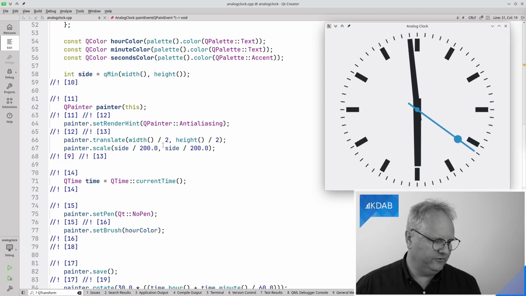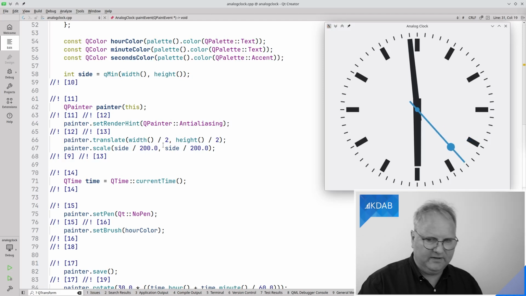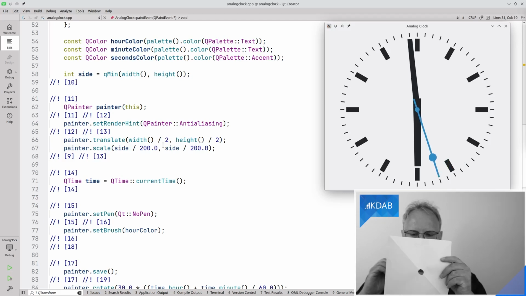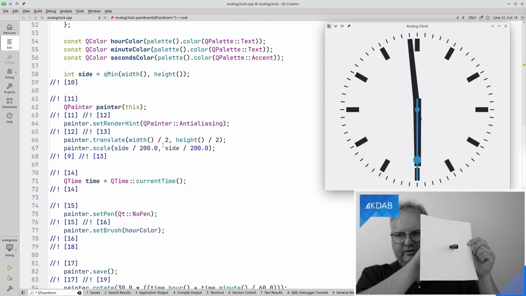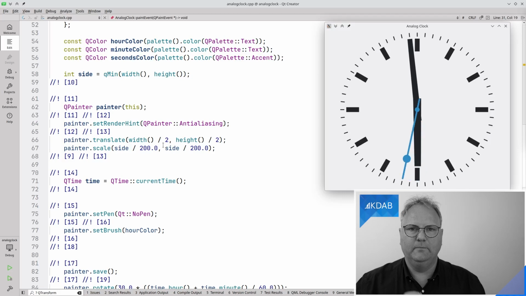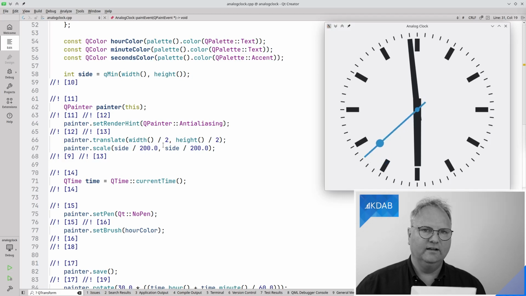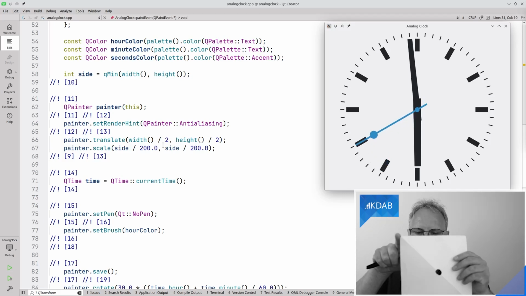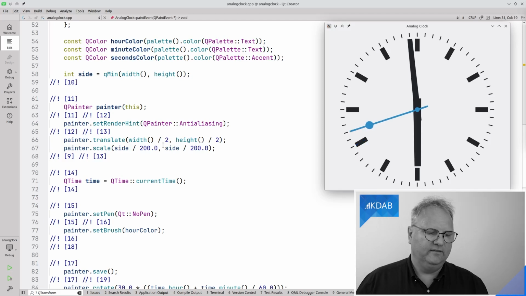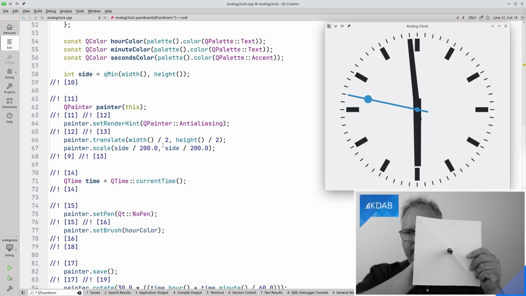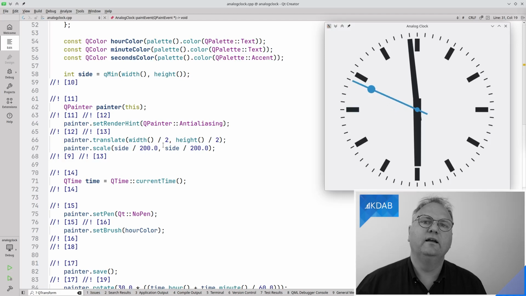And here comes one of the tricks. I have a piece of paper here that I'm going to draw on, and you might already notice that there's something stuck in the middle, and that is the center of the paper. What I'm doing is that I'm translating the width and the height divided by 2. That's what I translate to. So that means that this point here now is what? 0, 0. You're absolutely right.